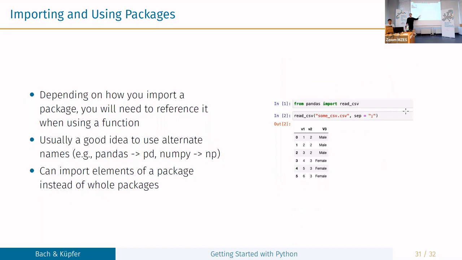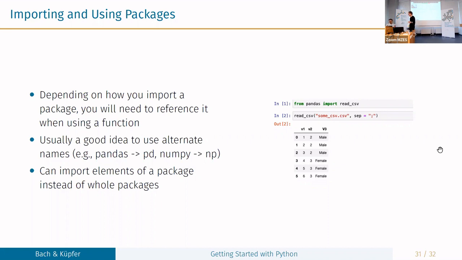You will also often see this with transformers, NLP stuff. You often see, I don't know, from transformers import, I don't know, autoencoder or something like that, or whatever the classes are called. And then you can directly call the function. But that only works for what I have imported. If I have only imported the read_csv function, you cannot collectively call all the functions.